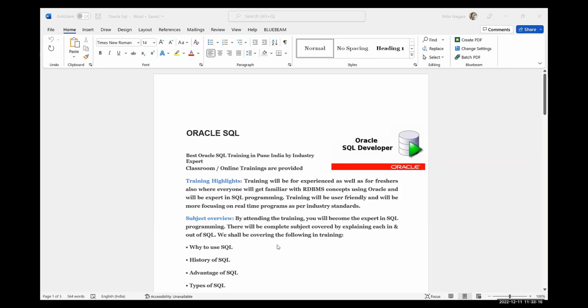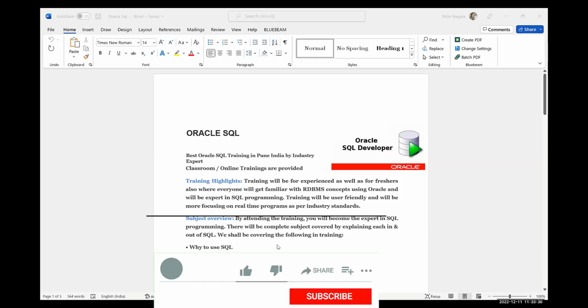To access that database or to fetch the data from that database, we need a language. As I'm speaking with you, to make you understand whatever I'm teaching, I'm using a language. It might be Hindi, it might be English, any language in which I can make you understand, right?